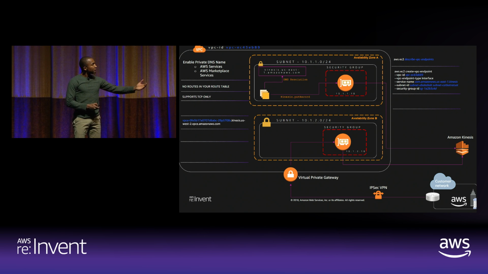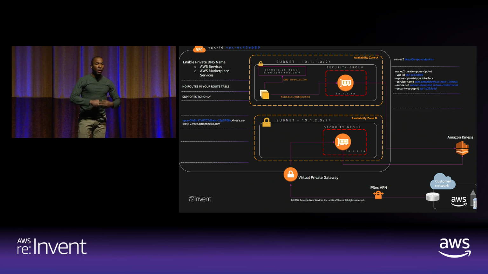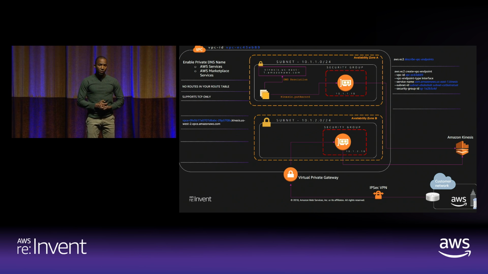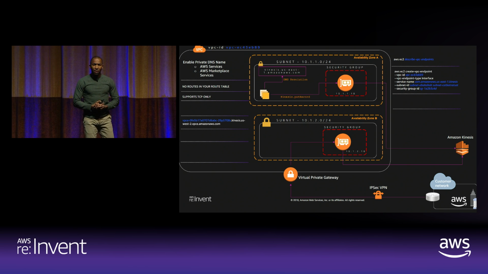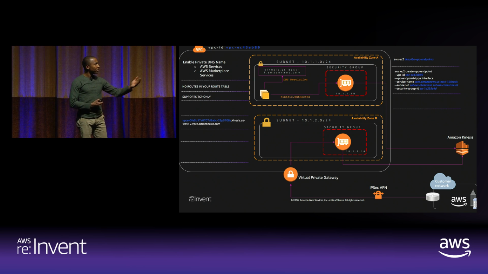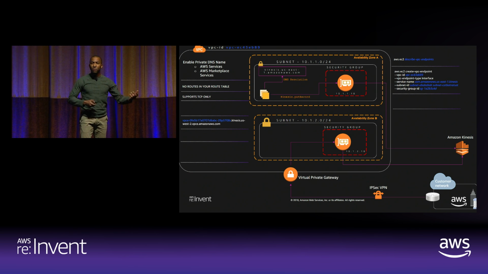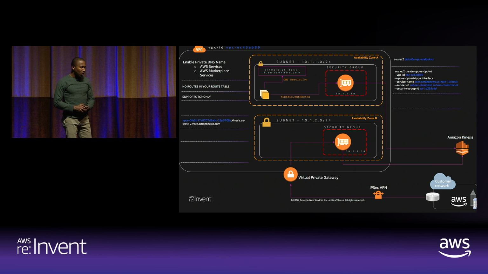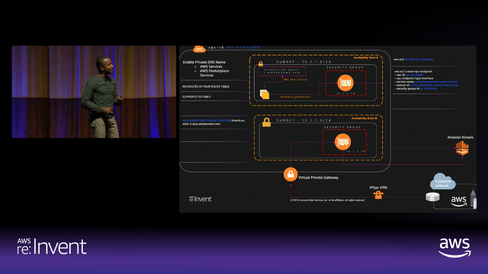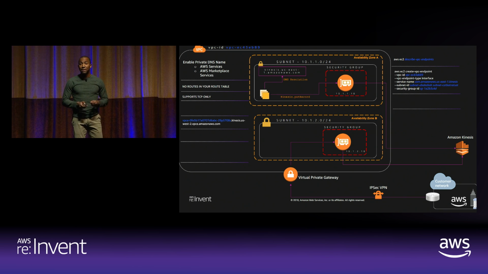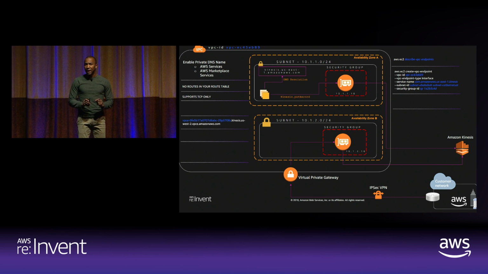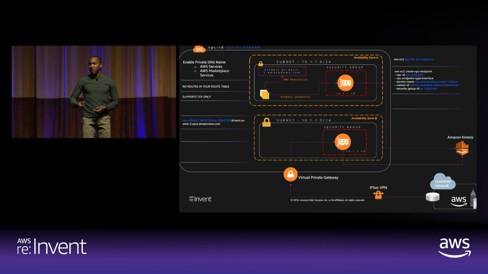So after doing describe VPC endpoints, you then go ahead and create your interface endpoints. You don't specify, in most cases, an endpoint policy for the interface endpoints. What you specify is a security group that determines which subnets within your VPC actually have access to this network interface. Now, one of the big differences between an interface endpoint and a gateway endpoint is that interface endpoints can exist for services outside of just AWS public services. And I'll talk a lot more about this when we talk about VPC endpoint services.